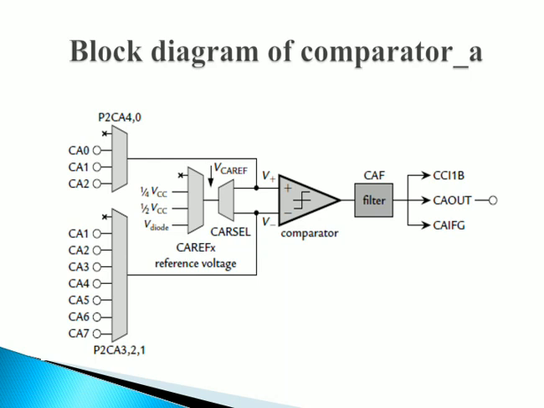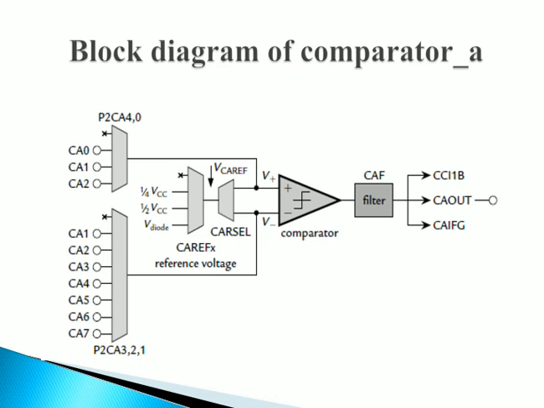And whenever the comparator is on, that time the CA output will be high. The main features of the comparator A are: it is used as an inverting and non-inverting input multiplexer. They are also used for a software selectable RC filter for the comparator output, and the output is provided to the Timer A capture input, with software control of the port input buffer. They are used for interrupt capability, and it can also provide a selectable reference voltage generator.